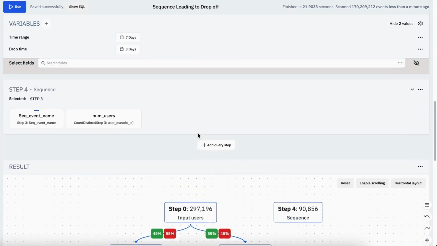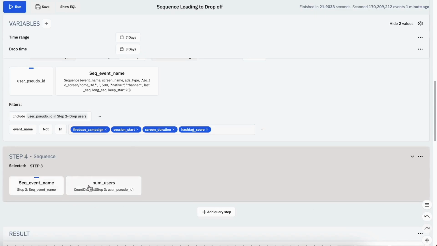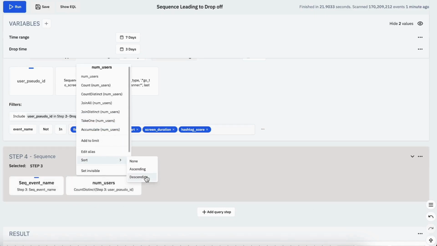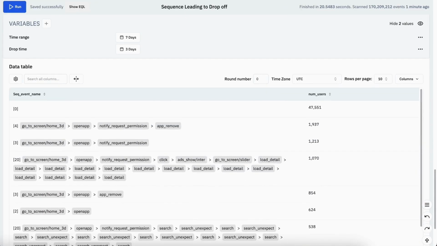So I'll go ahead and exclude those from my sequence to keep things more focused. Once that's done, I'll sort the number of users column in descending order, so that the most common sequences appear first. And there we go.